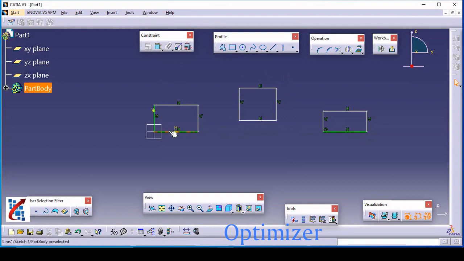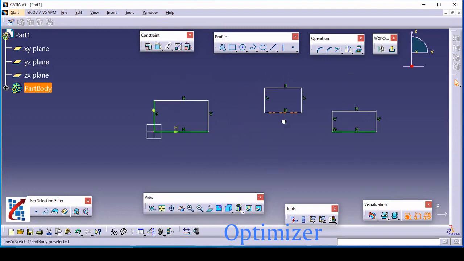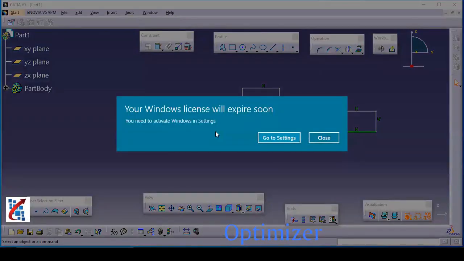Position means it won't move in this direction or this direction, only the length is going to vary. If you see this, the position won't change, only the length is going to change. But if you consider this, the position is also changing and the length is also going to change. So a green line indicates a fully constrained line, a white line indicates an under constrained line, and one more pink line, or violet line you can say, is for an over constrained line, or over constrained geometry or dimensions.